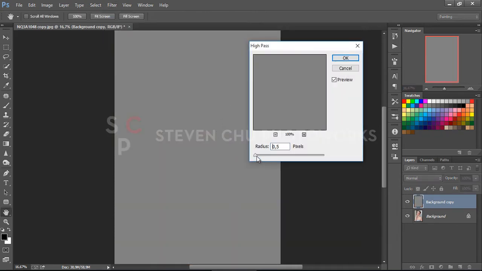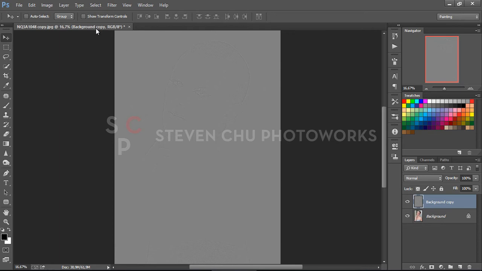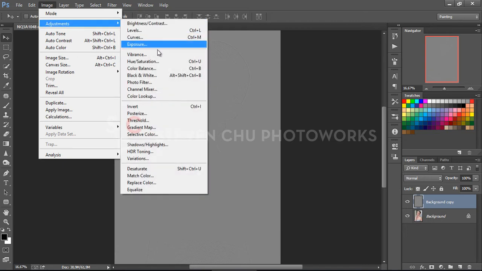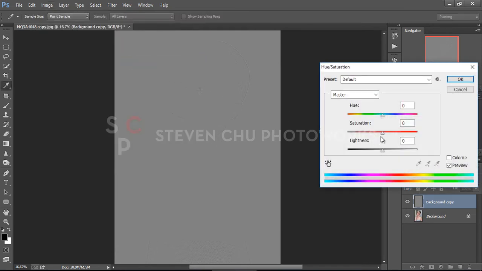Okay, change high pass to around 2 pixel or 3 pixel. If you use 3 pixel, the image is sharper than with 2 pixel. So I will choose 3 pixel. Okay, after that click image, adjustment, use saturation, set saturation to -100,